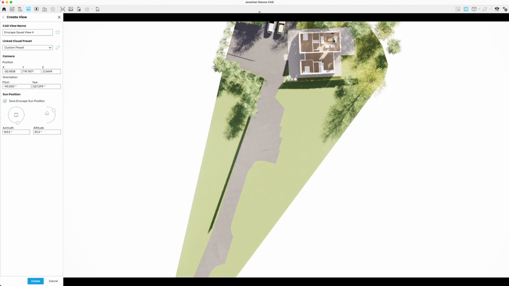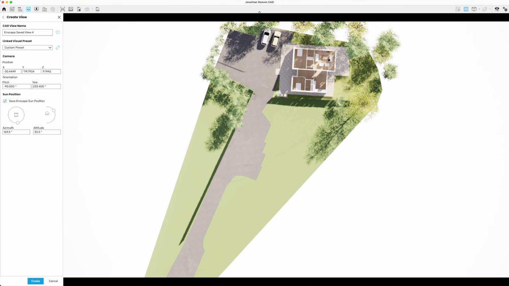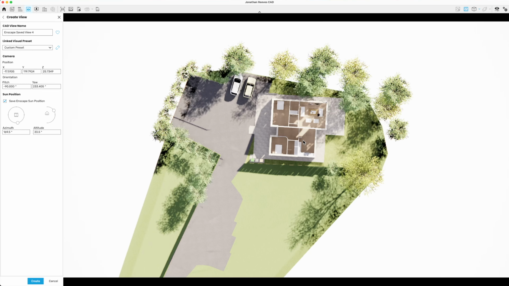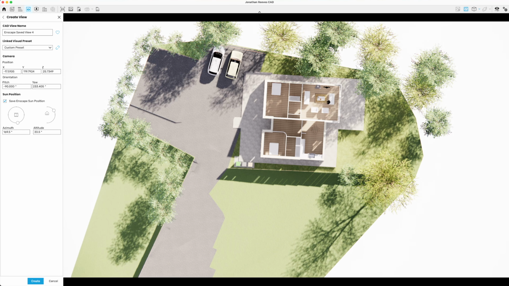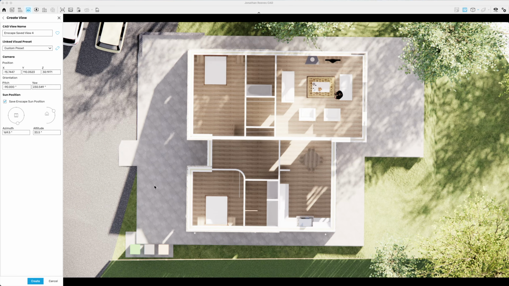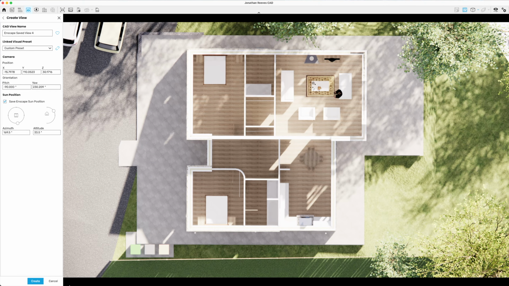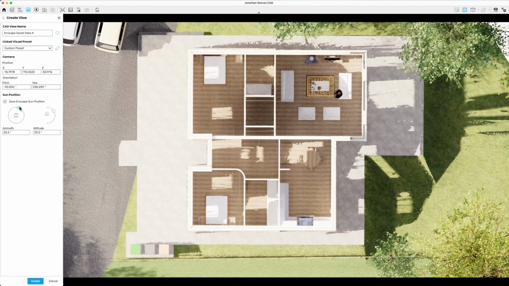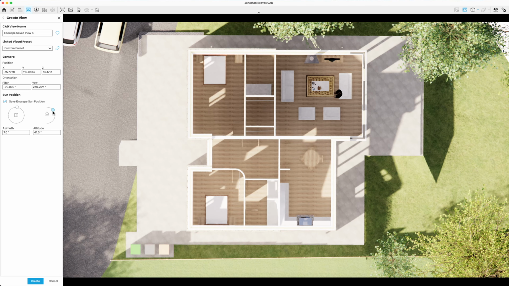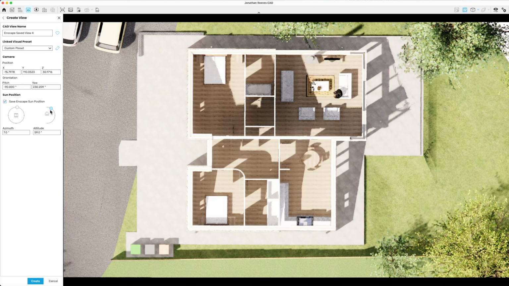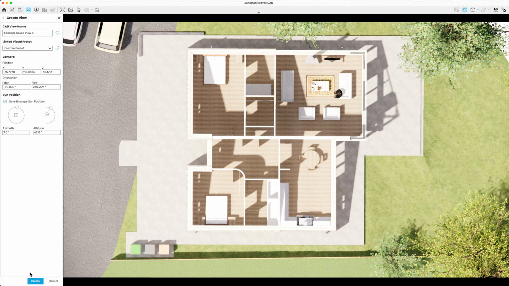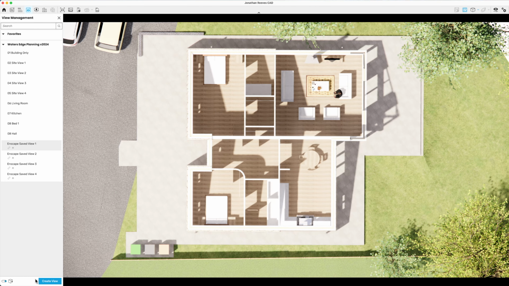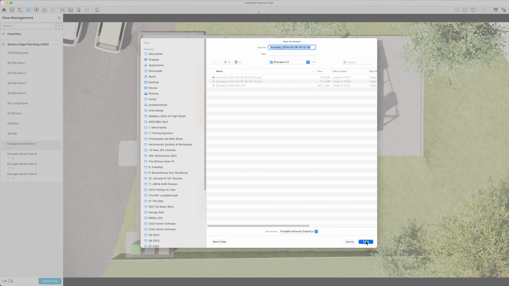And of course, we can easily create nice rendered floor plans. So let me just zoom in and straighten this up a little bit if I can. And there we go. That's a nice little view. Let's create a view and tweak the lighting. Those nice shadows coming into that view, looking good. Let's change the azimuth so we can get those sharp shadows to give a nice impression of the depth, and then render out and create that view. So rendered floor plans are an absolute breeze with Enscape, and definitely something that really enhances your architectural